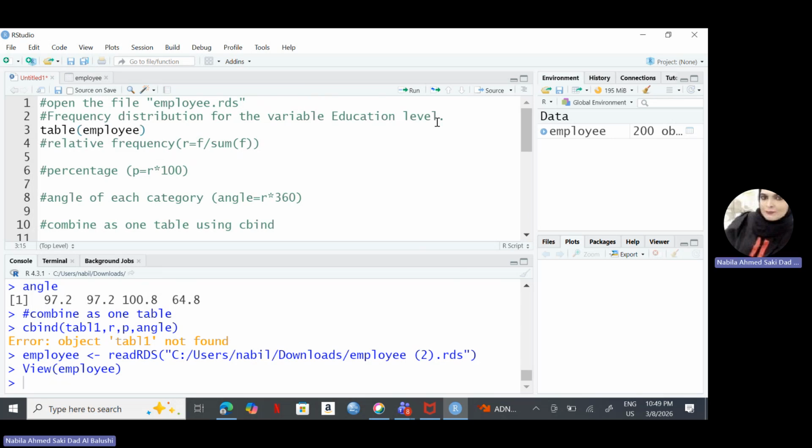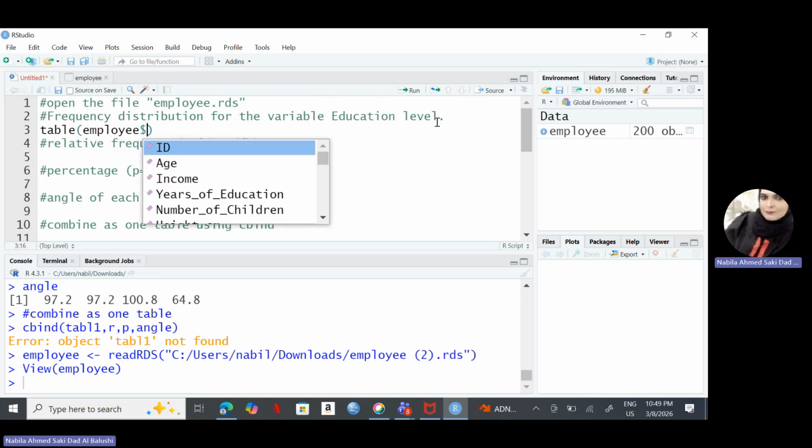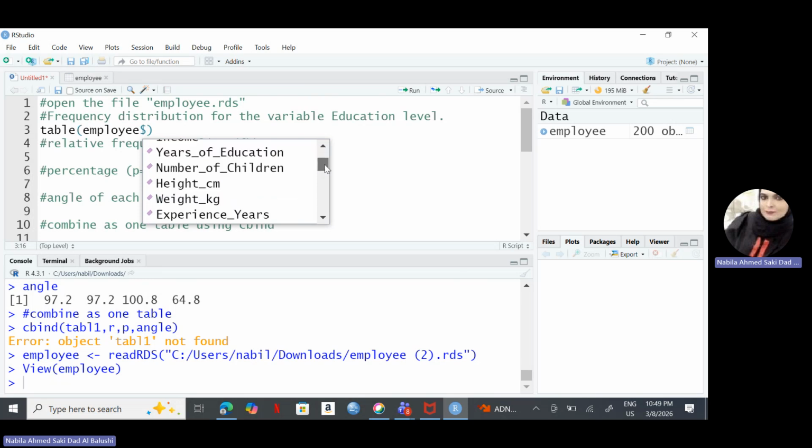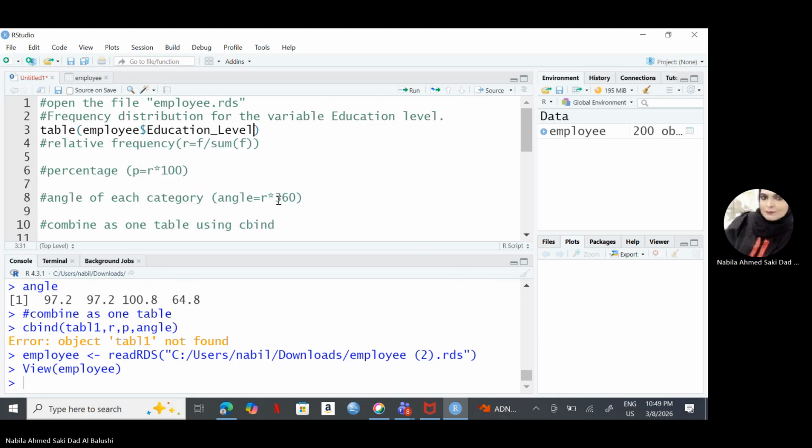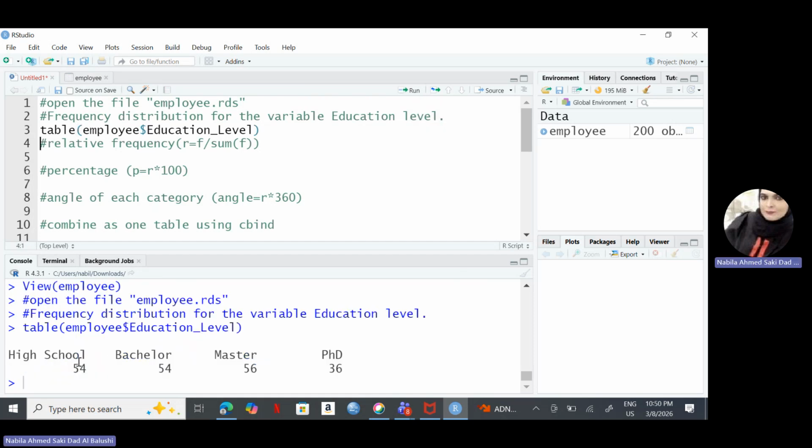Then we press $ to go inside the data frame. We have a list of variables. We are interested only to get the summary of the variable education level. Once you click run, you will get the summary or the frequency of each category you have in the variable